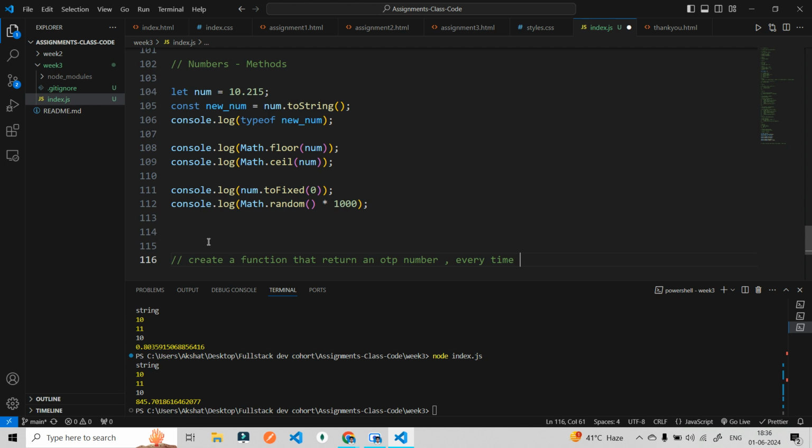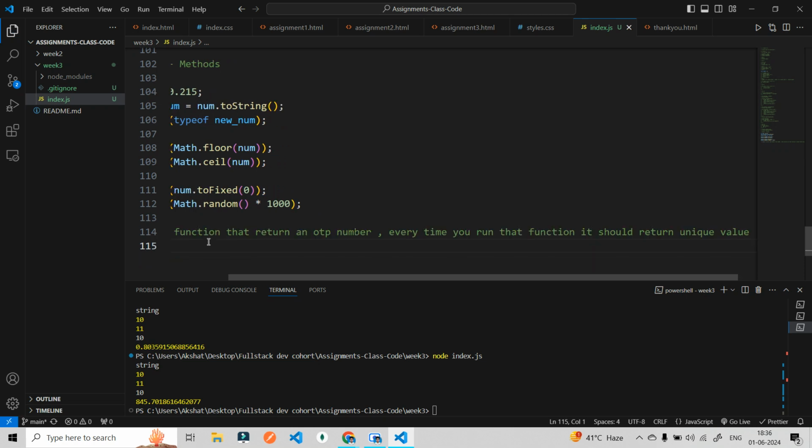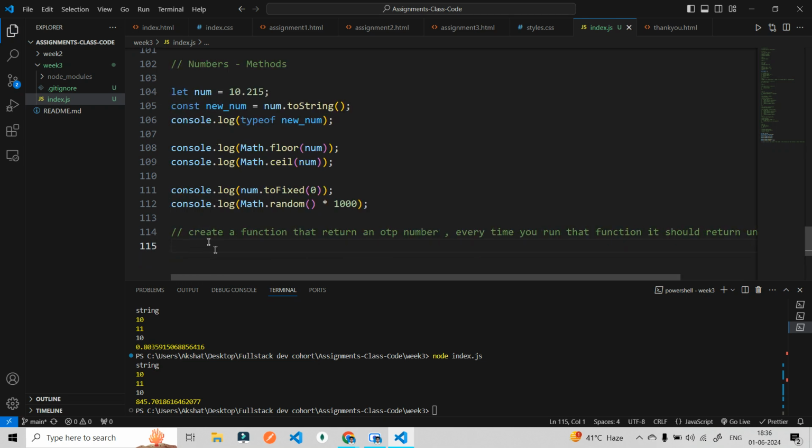Every time you run that function, it should return a unique value. Okay, will you try to solve this now, or let me add this to assignments,